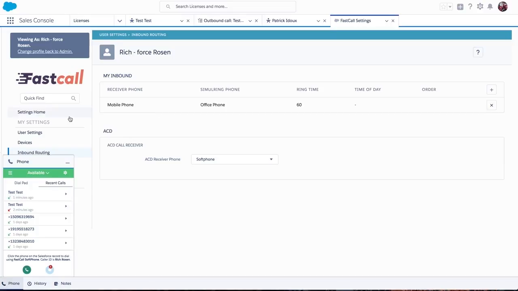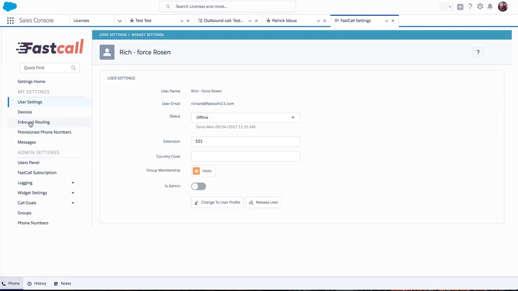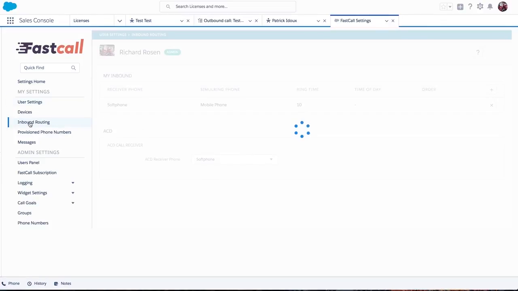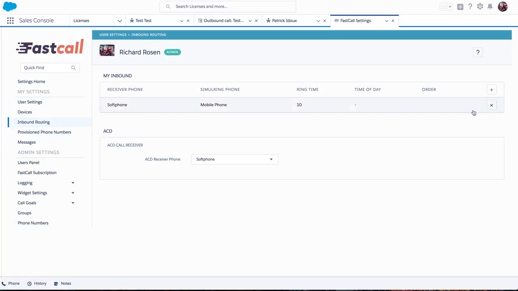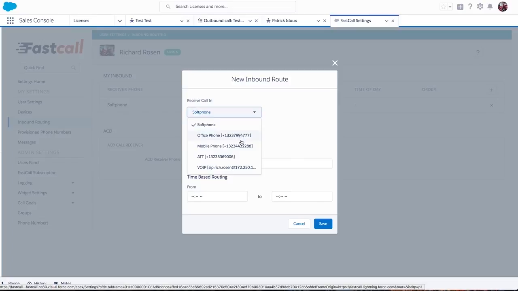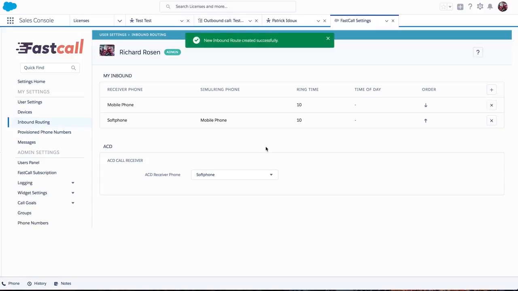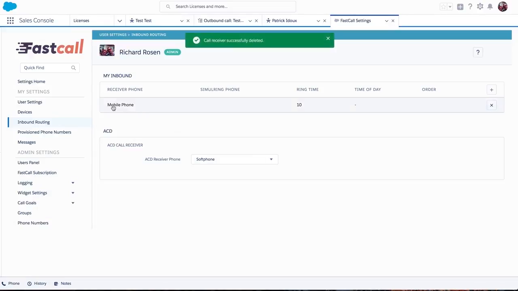Now I'll change the setup. Let's pick that phone and no simul ring, and I'd say 10 seconds, doesn't really matter. So now, this is a different phone number, so I'm going to take off the routing for the soft phone on that phone number. So now I've set up that phone number to ring only on the mobile phone, so it's not going to ring in Fastcall. So I'm going to call that same number again,